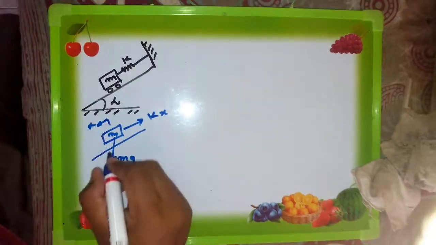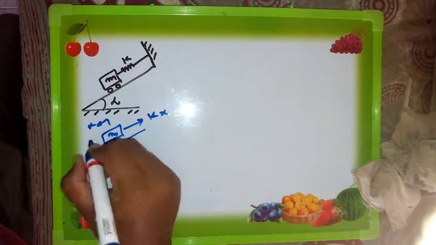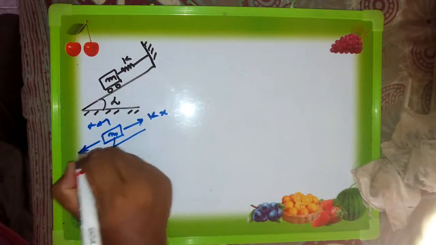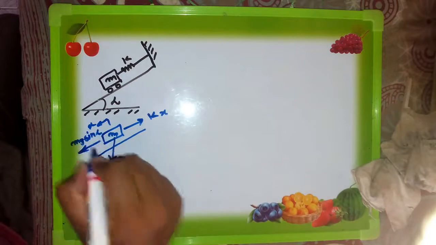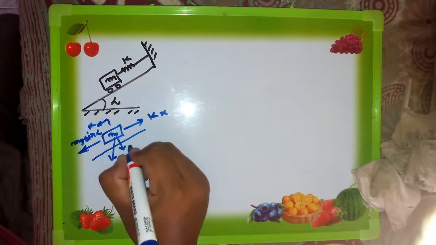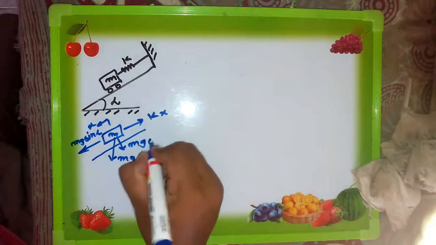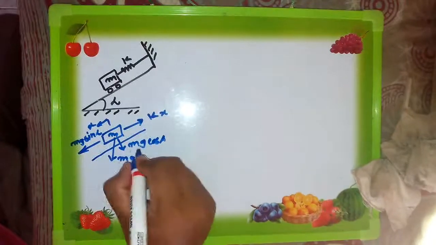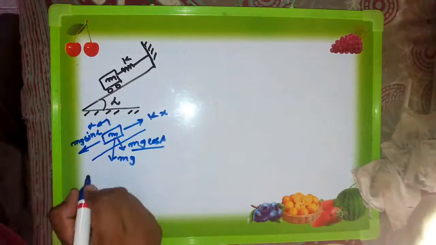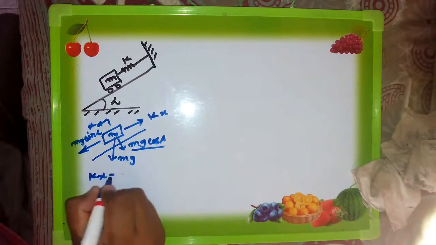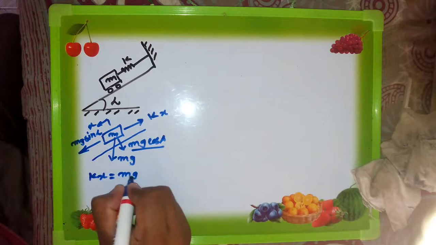Okay, then if I resolve the force, then this force will be mg sin alpha, and this force is mg cos alpha. So neglect this mg cos alpha because this is not in the direction of motion. So can I write down this spring force kx is equal to mg